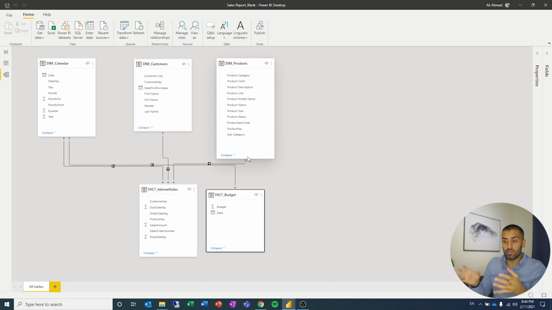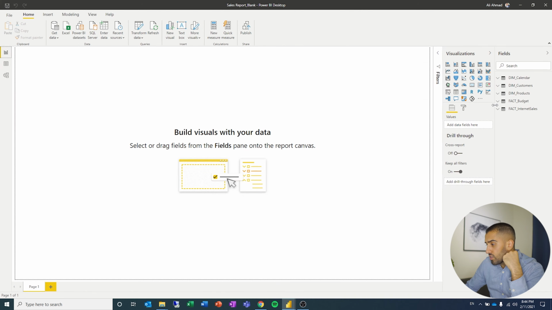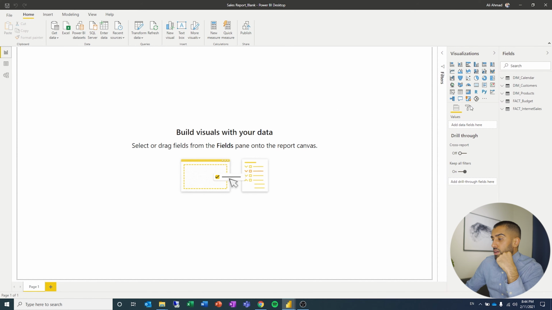So you have to do this, you have to get all your cleansed and transformed tables into Power BI. We could have done it directly from the database also, but I think it's easier to just store it and then do it, or else in case you want to use a different visualization tool, that is also up to you. So now that we have that, we have to start off by creating some